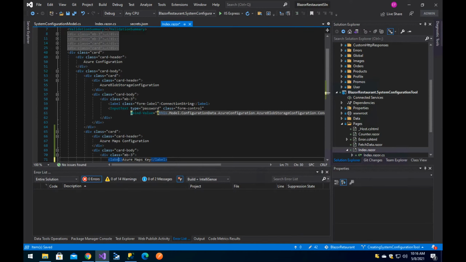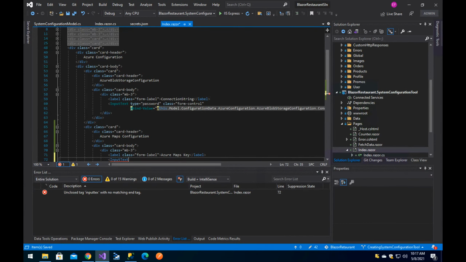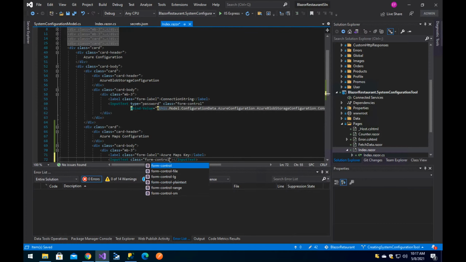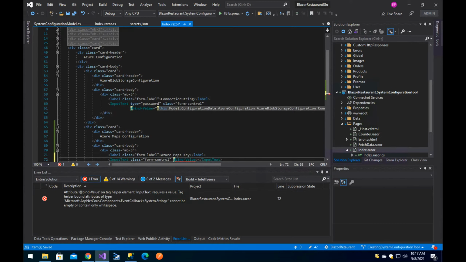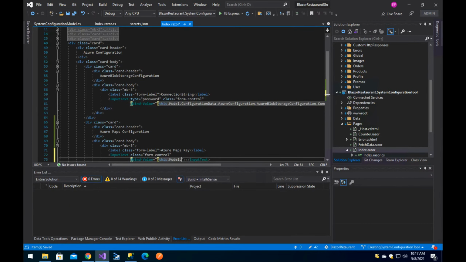I think it's going to be a form label, input text, this is going to be a form control, and we are going to bind the value to this.model configuration data, Azure configuration, Azure Maps configuration key. Okay,